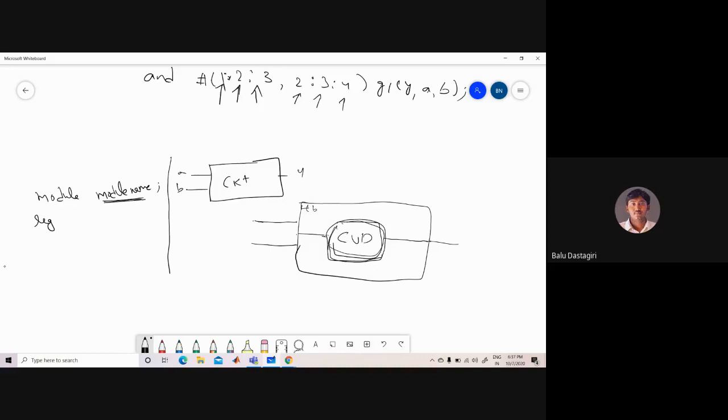Whatever inputs you give are stored in the registers, and after that they will be given to the circuit under test. Therefore, whatever inputs you have declared in your main module should be declared as registers.